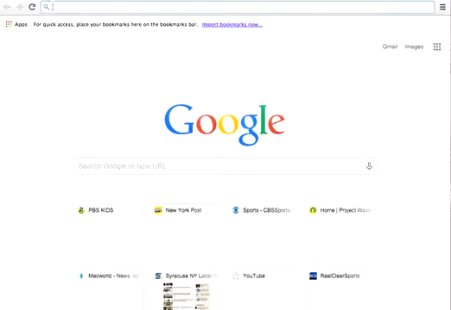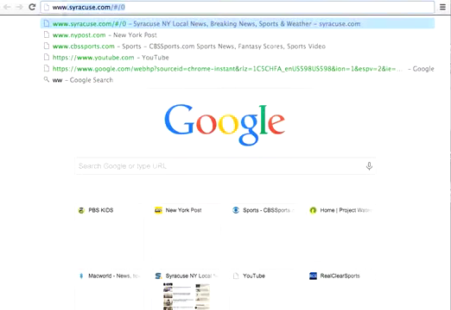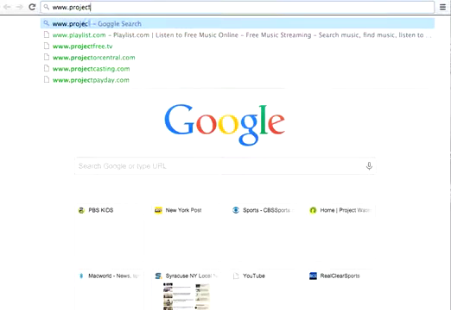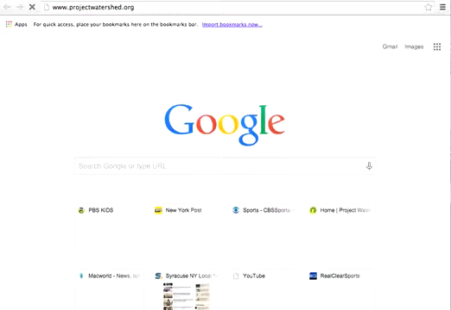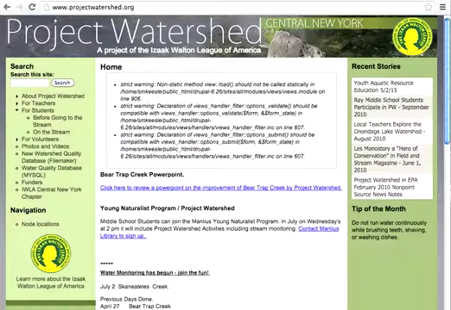To access the Project Watershed database, go to projectwatershed.org. When you arrive at the website, you will notice that there are some errors on the home page currently. Those errors are in the process of being resolved. And you will also see current events or different items that are going on within Project Watershed